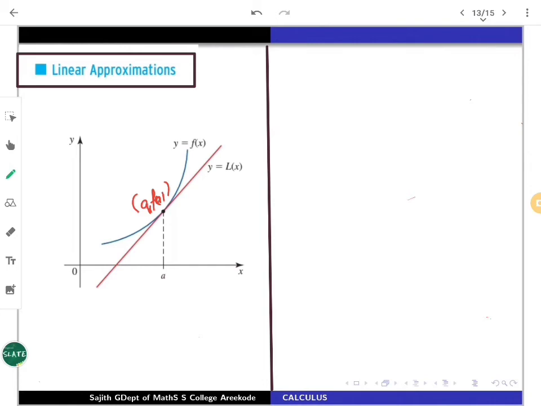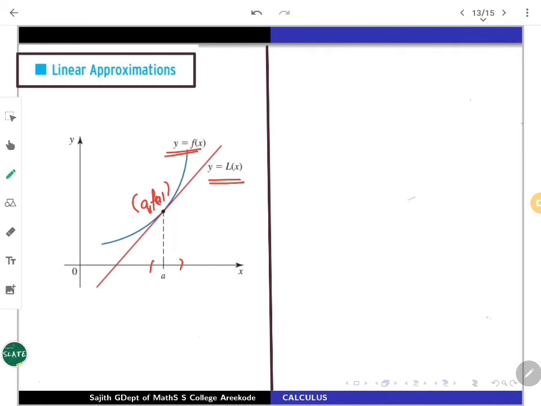our theory will help us. Actually, we can see y equals f of x, the original rule. But instead of that, it may be a very difficult curve or a very difficult expression. But y equals L of x is a straight line, which is a tangent at a. At the tangency at a, in the neighborhood nearing points towards a, we can approximate y equals f of x by L of x. That is the whole idea, broad idea of the things.